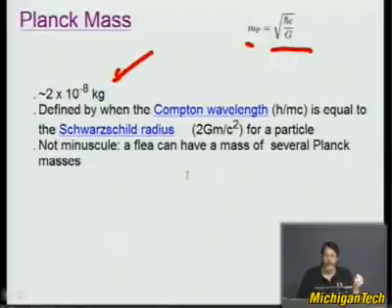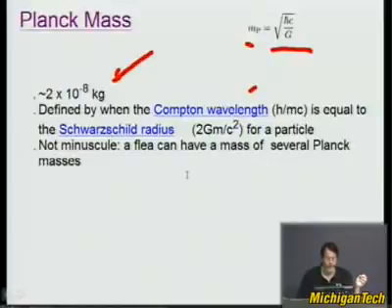an electron, and you say, okay, if we took the mass of that electron and made it all into light, energy, what would be the wavelength of that light? That wavelength is the Compton wavelength. And then say, okay, you take that mass, and what is the Schwarzschild radius for that? If you were to condense it all the way down, push on it until it's down to its Schwarzschild radius, what would be that? Then you equate the two. That's when the quantum effects start hitting the gravitational effects, and that's where you hit the Planck mass for that.